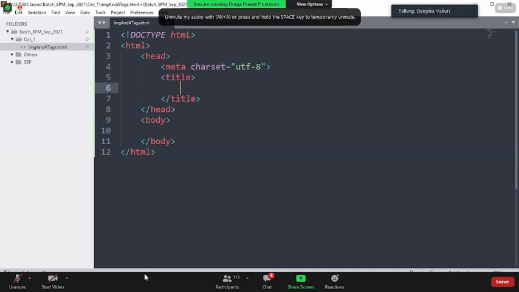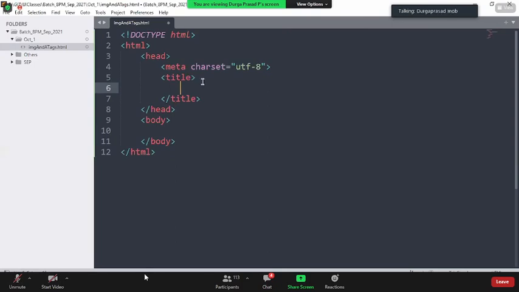Okay, sir. Okay. So let us go with exploring the A and IMG tags. Let us talk about the anchor tag and the image tag. How do we add links to an external page, and how do we add images to the web page? That is what we're about to discuss today. So let's have a look at that.